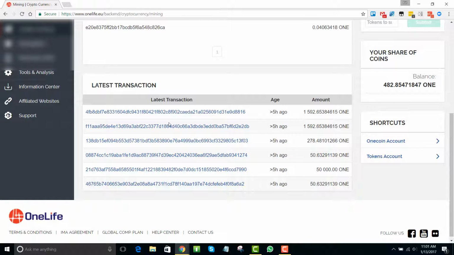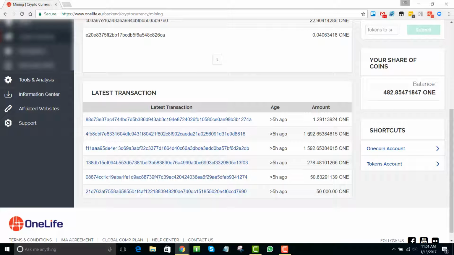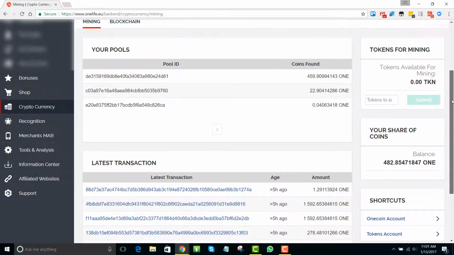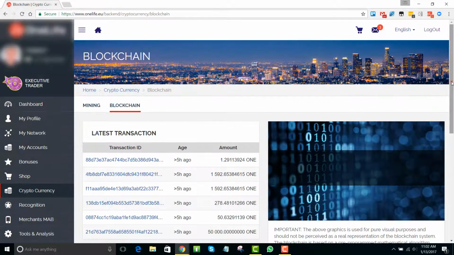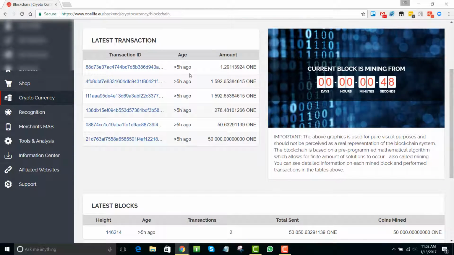You'll see that 1,592 OneCoins was transacted, whether that was sold to somebody or whatever the case might be. Here's the transaction ID. These are the pools that we were a part of here in this position when the coins came out. And then of course you can click on blockchain, and this will show you the blockchain and